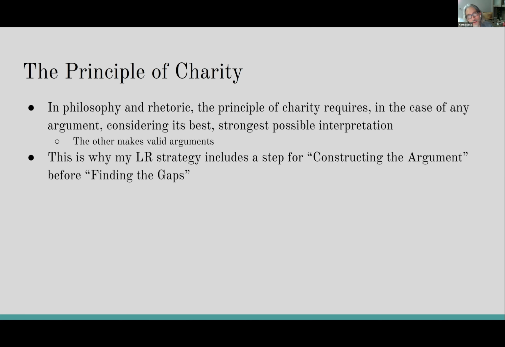But I think that what is wrong about that strategy is that it's instantly critical of the argument and it doesn't follow the principle of charity, which means that you have to interpret the argument the strongest way possible, not start attacking it immediately. There's certain points of the argument that may be valid and are not proper bases for attack. And so you have to understand which parts of the argument are strong and which parts of the argument are weak. That will help you when you get to the answer choices because you won't be so tempted by some of the traps that are really hinting at parts of the argument that aren't weak and don't correspond to flaws.